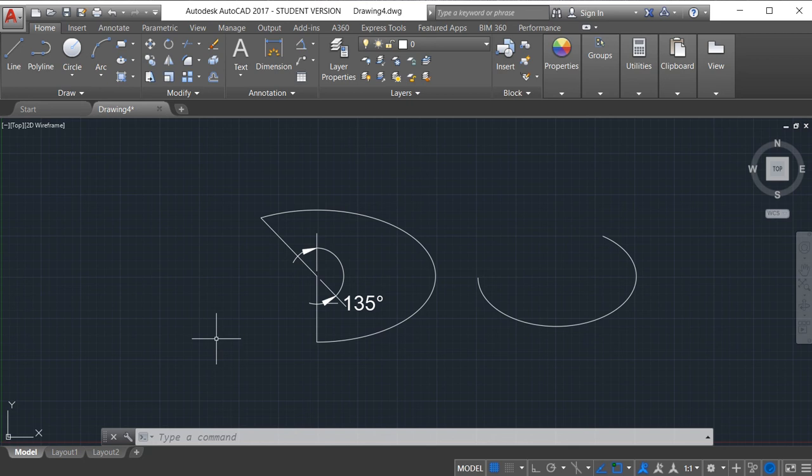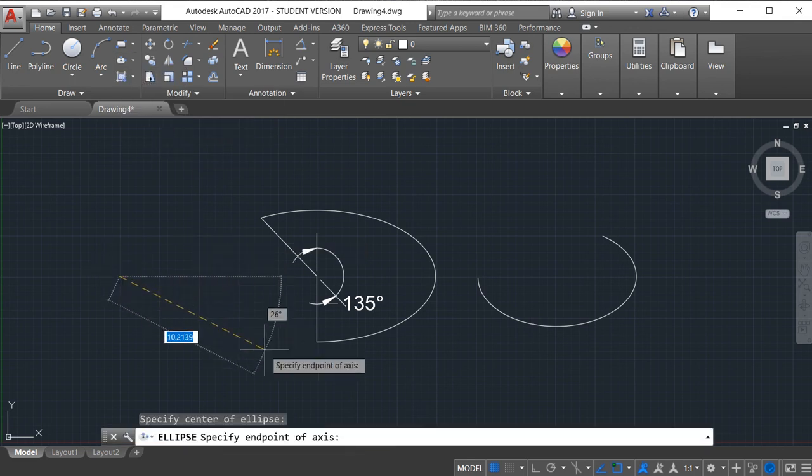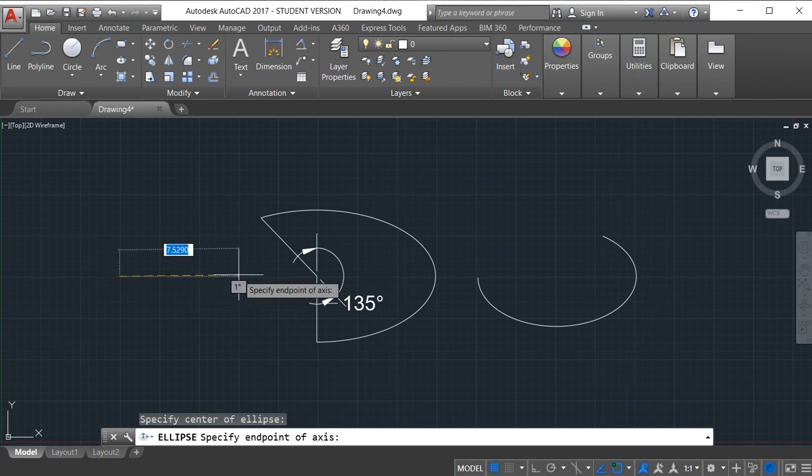Now we are going to draw ellipse by using rotation method. For this, select center ellipse and specify first point of the ellipse and then specify second horizontal distance from center. I will give it as a 8. Enter.